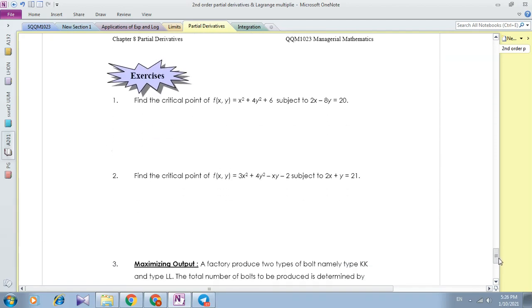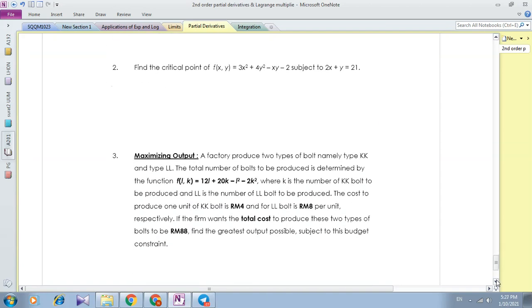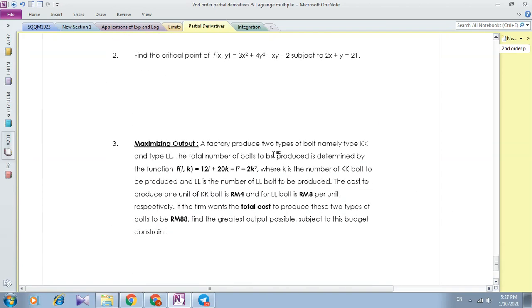Now you should be able to do the exercise questions. Please do these two questions, and simply do it by following the steps, one by one. Step one, step two, you simply follow the steps, and you should be able to find the critical point. And also on this maximizing output question,